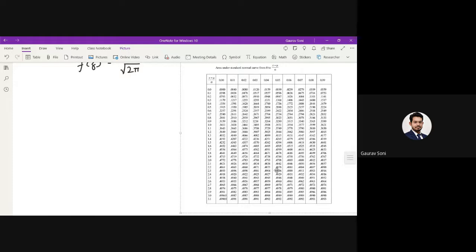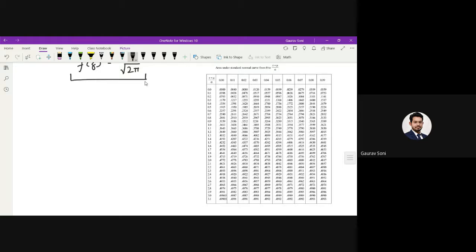So what I said, the area under the curve represents the probability, right? So I have some normal distribution curve somewhere in the space. I will convert it to the standard normal variable Z. Why am I converting it to Z? Because the area under this curve is directly given by this table. And how to use this table? I will explain that now. I hope everything is clear till here.